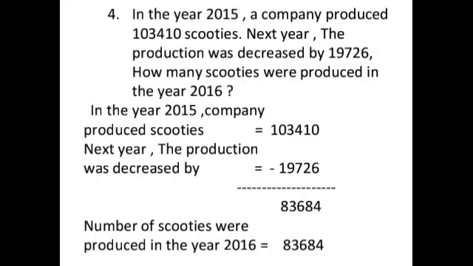In the year 2015, a company produced 1,03,410 scooties. Next year, the production was decreased by 19,726. How many scooties were produced in the year 2016? So, in the year 2015, the company produced 1,03,410 scooties. And the next year, the production was decreased by the number we have written there. So, when we subtract both the numbers, we get the final answer,